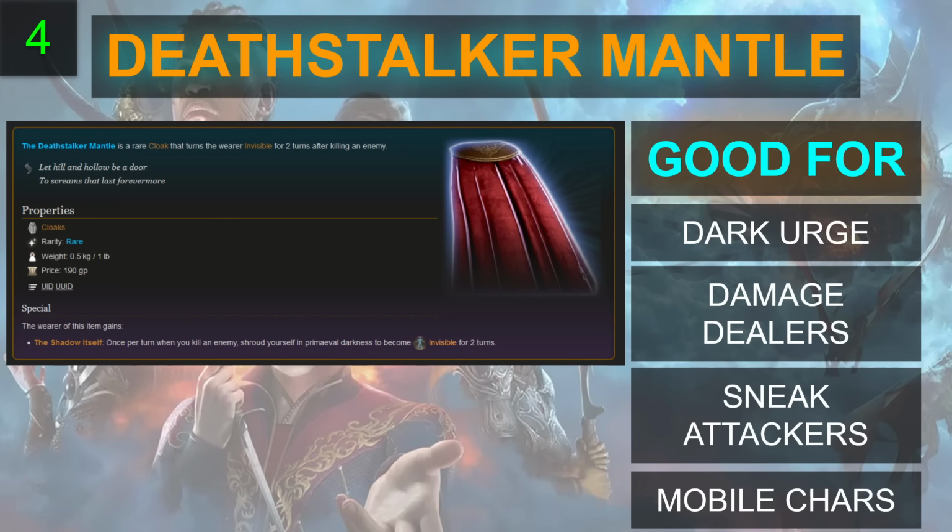It also fills a slot that in Act 1, there's no other cloaks at all in the game. There's no other Act 1 cloaks, so it's filling a slot that otherwise has nothing in it at all. And it will also take a while to get any other good cloaks, so the Deathstalker Mantle is going to be filling a slot that has no competition for a very long time. For that reason, and because of the incredible power level of this item, it comes in at number 4,